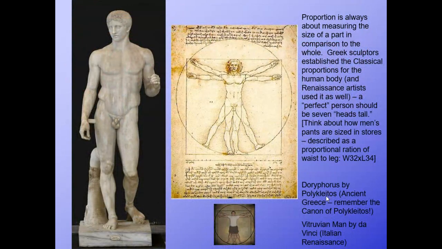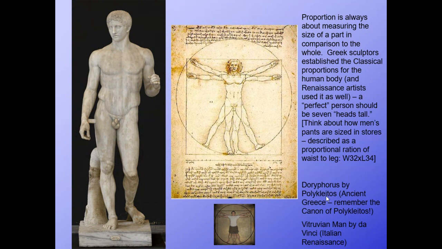Proportion, though, is about the relative measure of size of one part of an object in comparison to its overall size. So, for instance, we talked about the proportions used in ancient Greek statues, that they devised an ideal system of proportions for the overall height of the body based on the height of the head, and they came up with a 7-unit system where the size of the skull from chin to the top of the skull would equal the